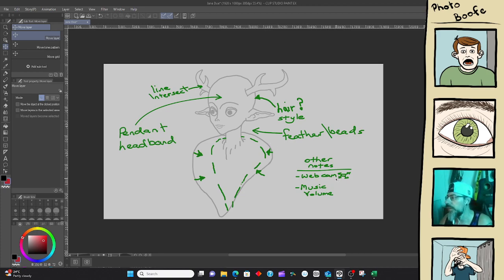And I've made some other notes here about the webcam. Is the webcam big enough in frame? Do I want a bigger webcam or placed a bit differently? And again, the music volume. The trouble is, I think to have the music volume loud enough so that you guys can hear it, it's pretty distracting for me to talk over. So I don't know how much talking I'm going to be doing during this once I get past the intro.